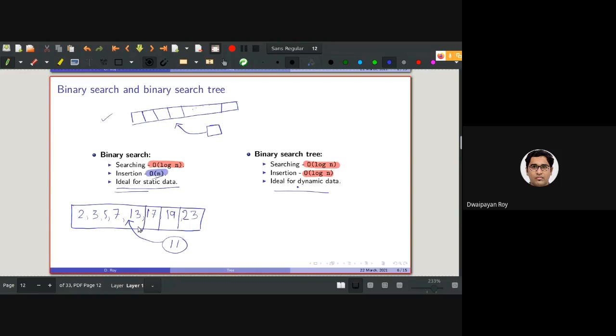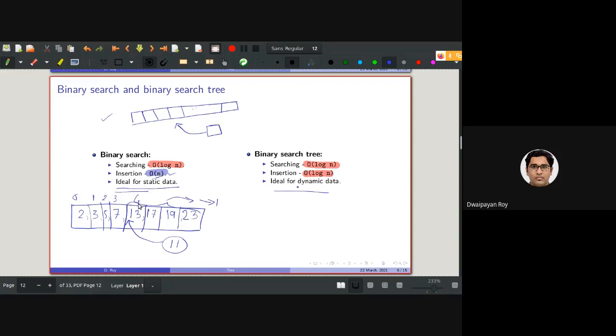So what we need to do is insert 11. This is the 0th position, 1, 2, 3, 4. So 11 should be placed in the 4th location, right? Then we need to move everything from 13 to 23 one place in the right direction, right? This movement will take some time. That's why the insertion would take order of n time.